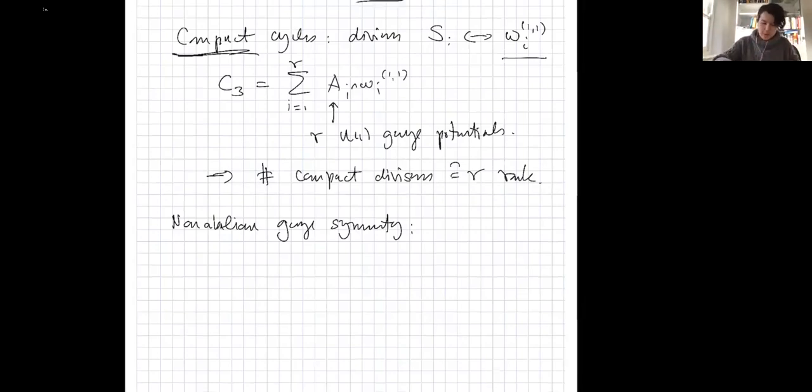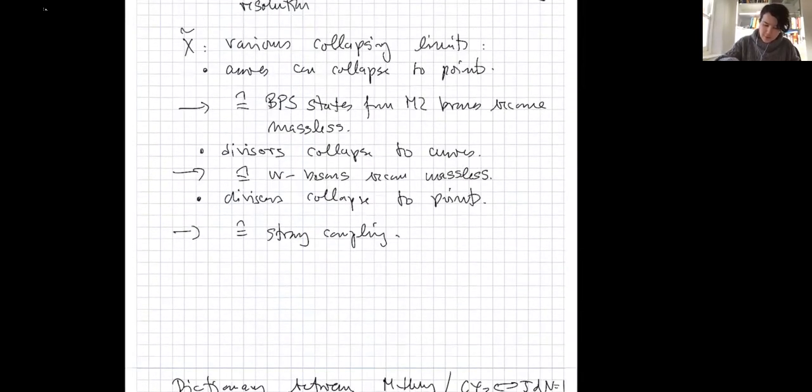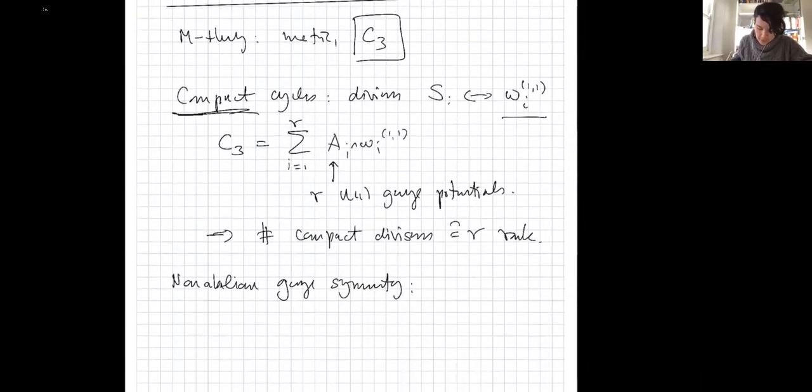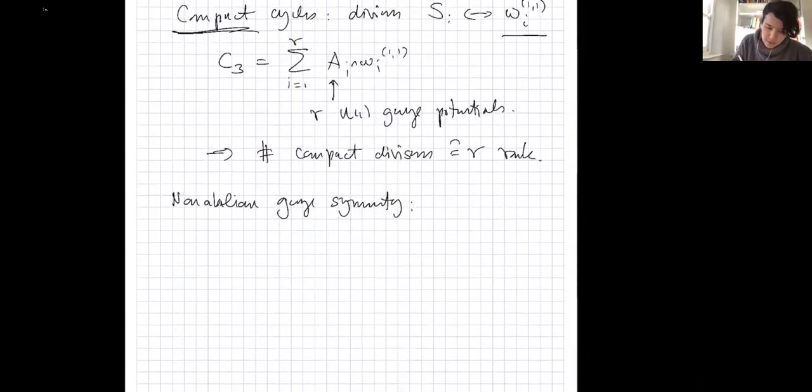And that's what I was talking about earlier, that if we have compact divisors that collapse to curves, actually curves of singularities, then that becomes the M2 branes wrapped on these collapsed curves, and the fibers of these divisors are the W bosons. So in fact, the non-abelian gauge symmetry arises from M2 branes on P1, so rational curve fibers